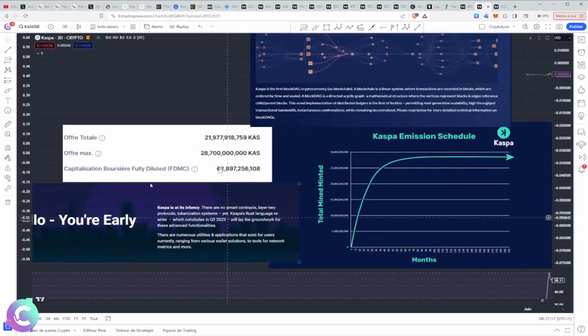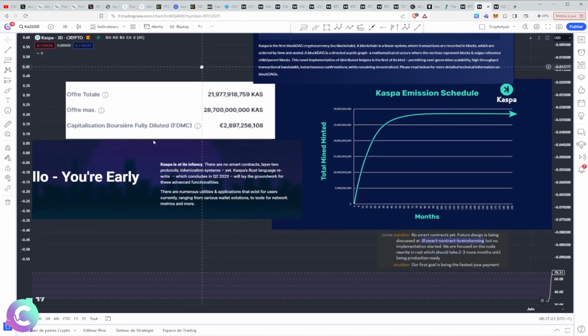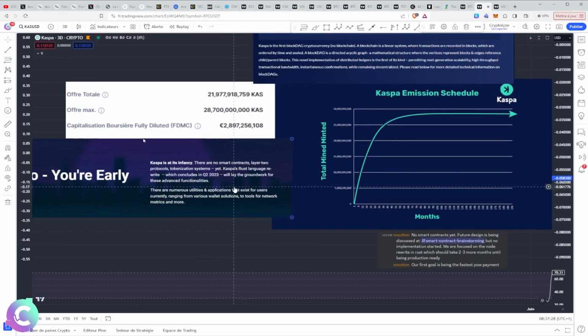So KASPA was developed in Rust, so a very big technology. It is one of the strongest programming languages, certainly the most complicated to handle, but also necessarily the most resilient. And this is important when you build an infrastructure of this style. Rust, as a reminder, is also used in the conceptualization and implementation of Solana. So it's something that is robust in terms of building infrastructure and smart contracts subsequently.